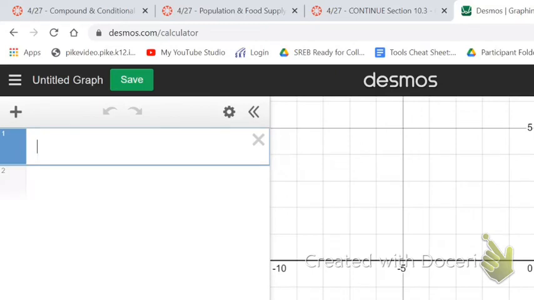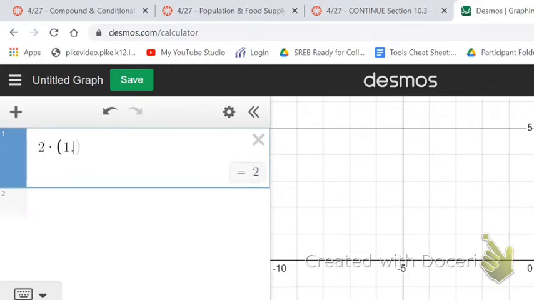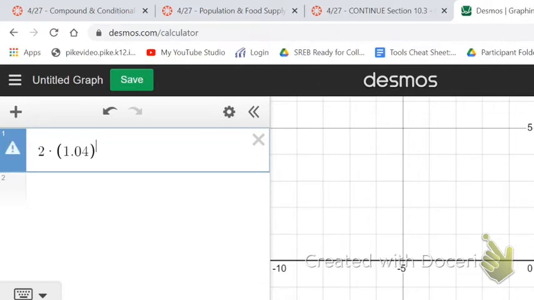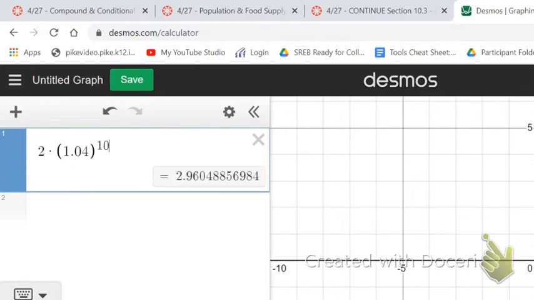Okay. So what was our exponential function? It was 2 times 1.04 to the power of t, and we said we're going to put in what as our first initial guess? 10 years. So I pushed this button right here for the power of. Yellow calculators, I can show you how to put in the exponents. 10 years. Their population is going to be about how big? 2.9 million, about 3 million people. Do they have enough food right now to feed that many people? So in 10 years, they're still good, right?